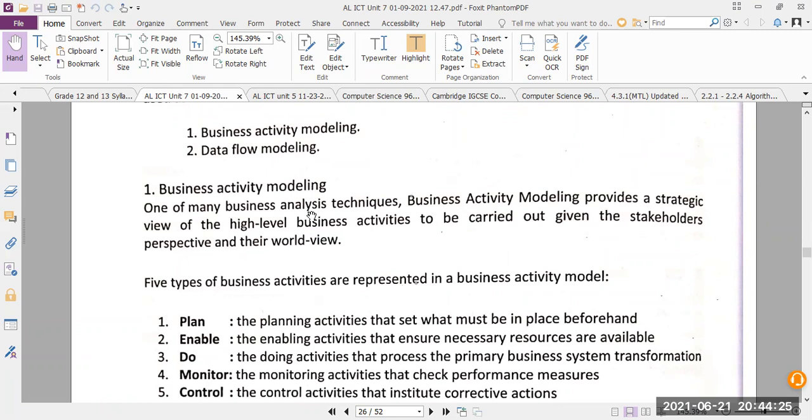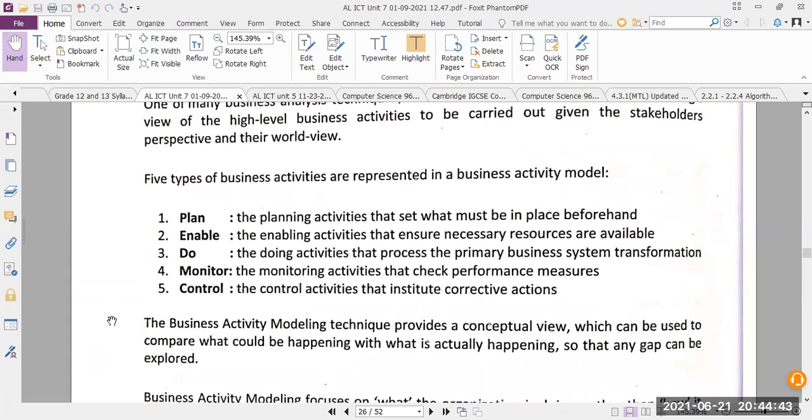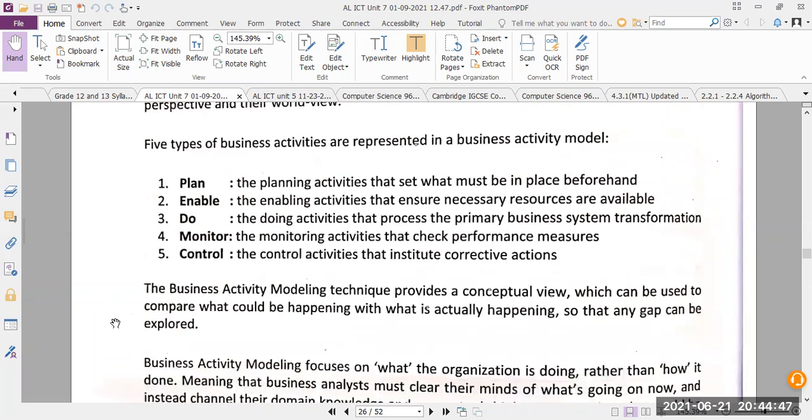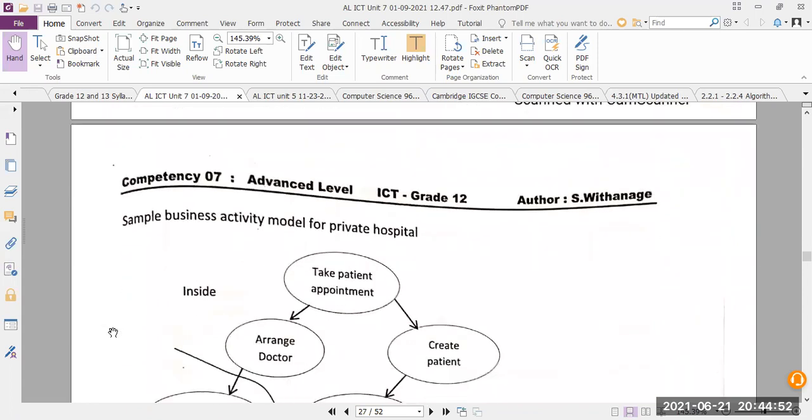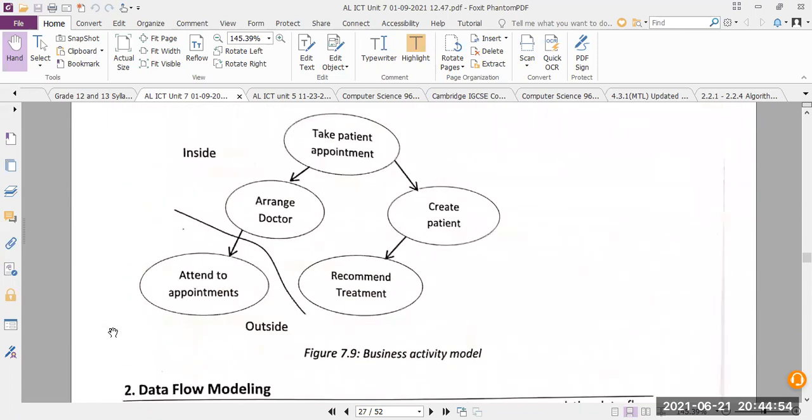Use that time to copy the notes and give it to me by this Friday. You have enough time until Friday. I'm giving you time till Friday to complete the notes of whatever we are doing today and Wednesday. Okay, sir.